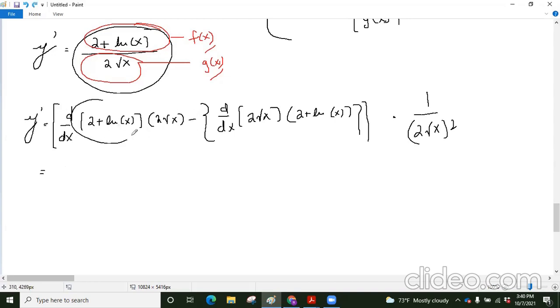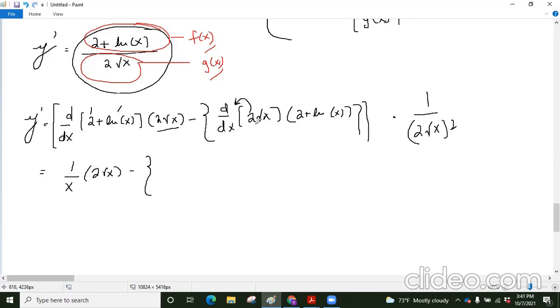What is the derivative of 2 plus ln of x? When you're taking two functions and you're adding them, you can just take the derivative of the individual parts and then add them back together. The derivative of 2 is 0. The derivative of ln of x is just 1 over x. And that's multiplied by this guy, which is 2 under root x. Subtracted from the derivative of 2 under root x, well, that's just